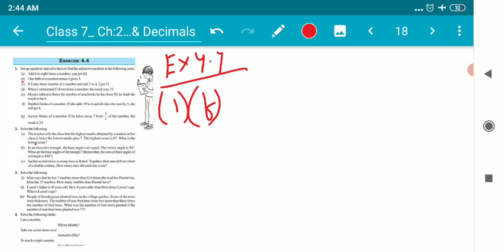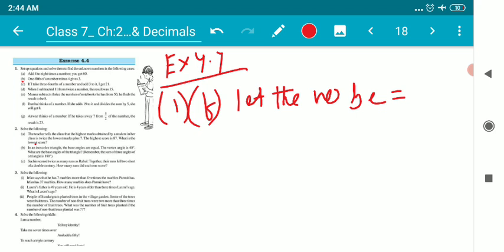Ibn Hal thinks of a number. If she adds 9 to it and divides the sum by 5, she'll get 8. Ibn Hal is thinking about a number. What is that number? That we don't know. Let the number